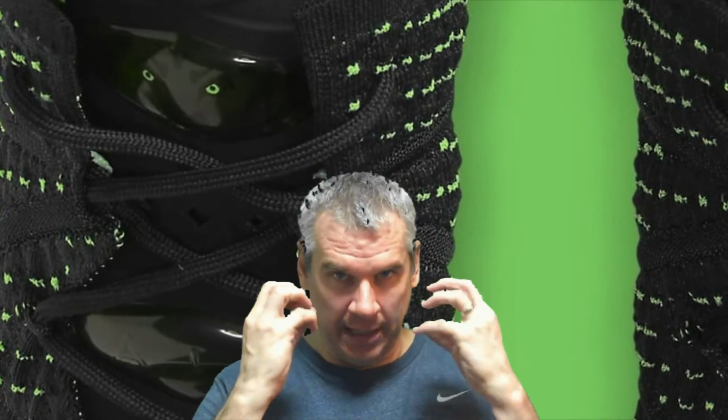Black upper, black air units on there, and it really helps the black tongue, because the real neat feature that pops off of these guys is right at the top of the tongue, that lion on there. You can see the green eyes really popping out of the black tongue, which is a nice little feature on the shoe. And then if we travel down the lateral side and get towards the back end of the shoe,